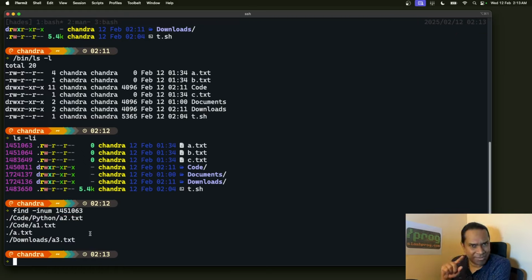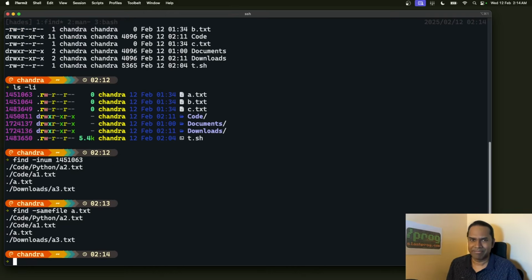There's a more convenient way. If you know a file and you believe that the number of links to the file is more than 1, and you want to know what the other hard links to that file in that file system are, one way to do that is find -samefile. By the way, it will apply in the current directory. I'm not using dot. That's a default, which is the current directory. So find -samefile, and if you do a.txt here,